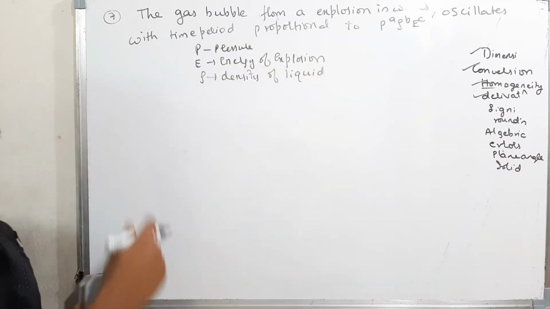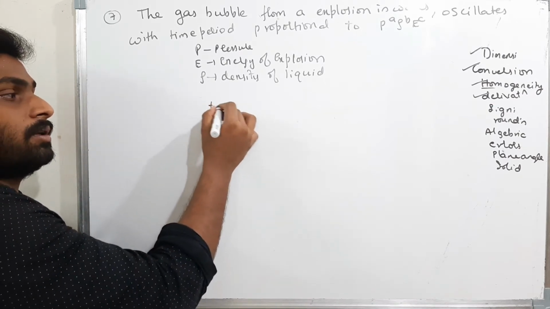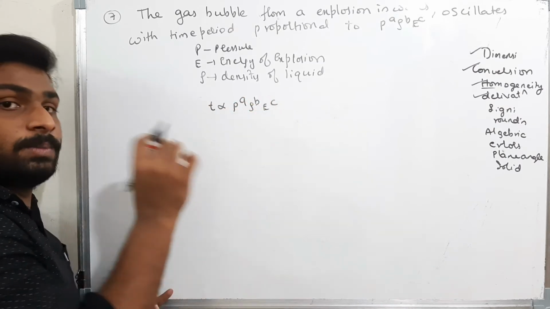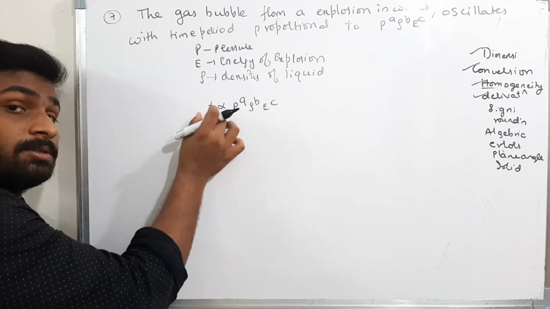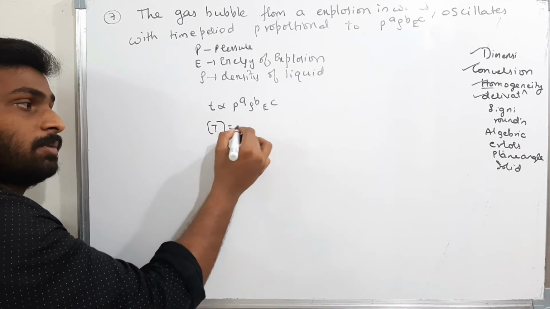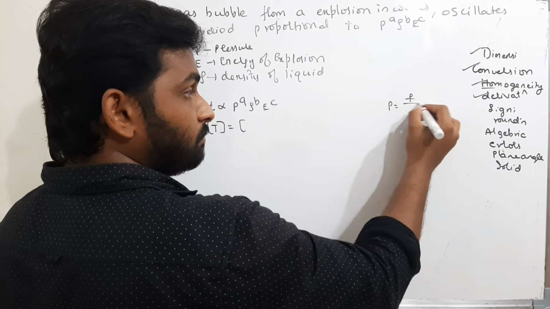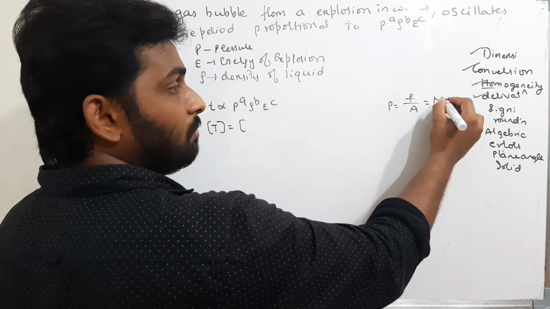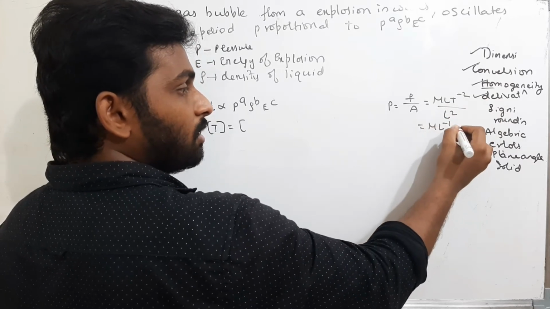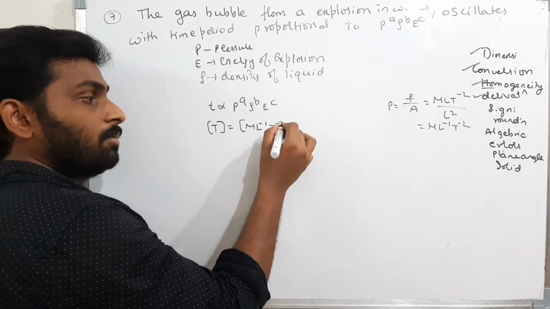Now they told to find the formula for time period. That's all. Find the formula for time period. Therefore, the time period is proportional to P power A, rho power B and E power C. By the principle of homogeneity, the dimensionality must be same. Therefore, the dimension of T, time period is capital T, must be equal to dimension of P. What is the dimension for P? P is nothing but pressure, that is force by area. That is nothing but the dimension for force, M L T power minus 2, by what is area? L square. Therefore, M L power minus 1 T power minus 2. Therefore, what is the dimension for pressure? M L power minus 1 T power minus 2, whole power A.